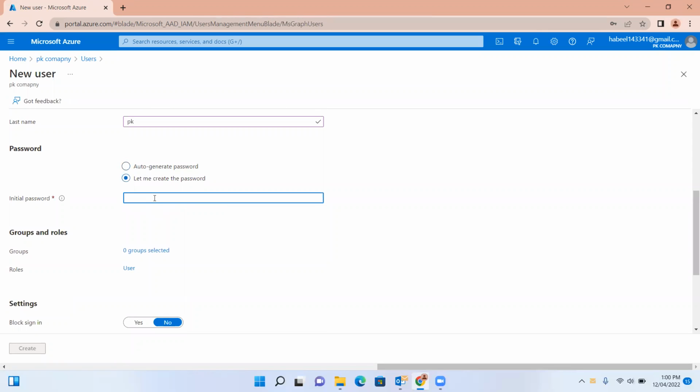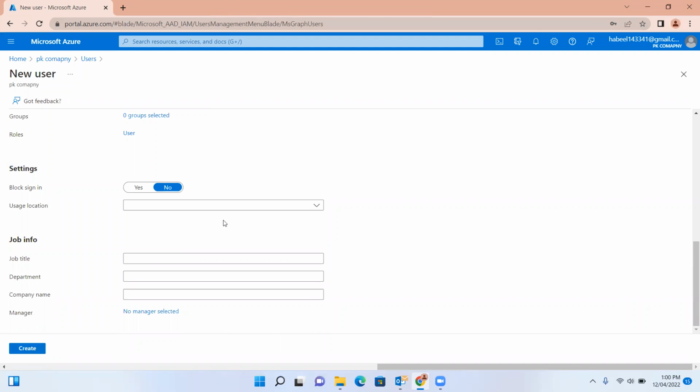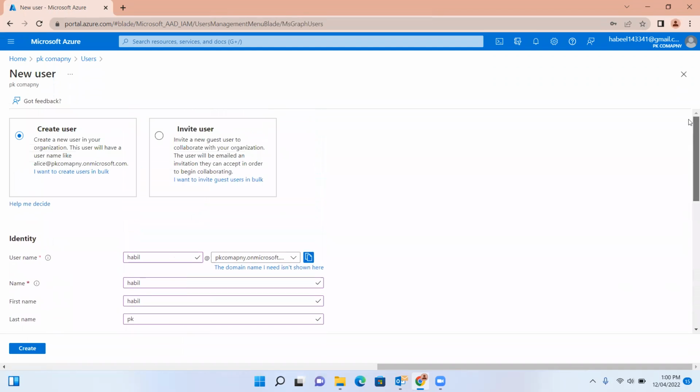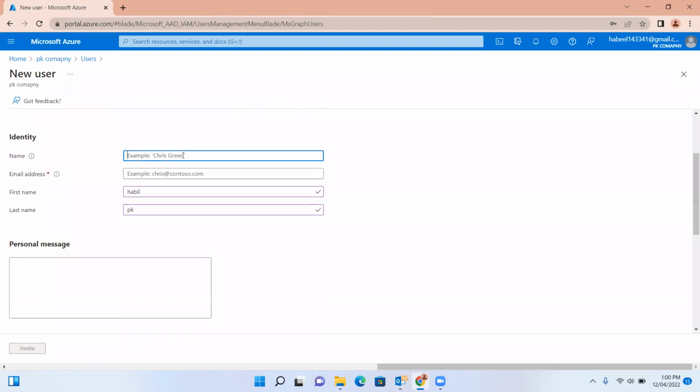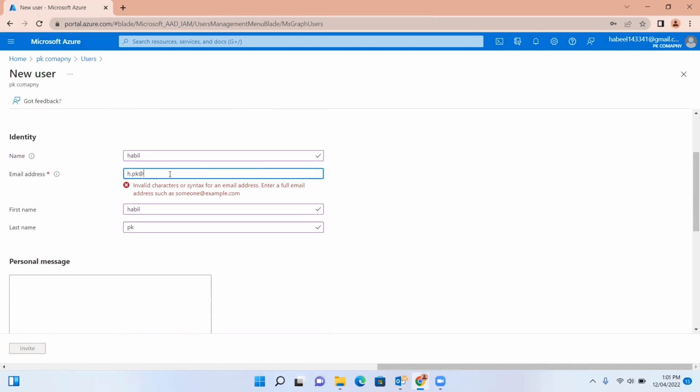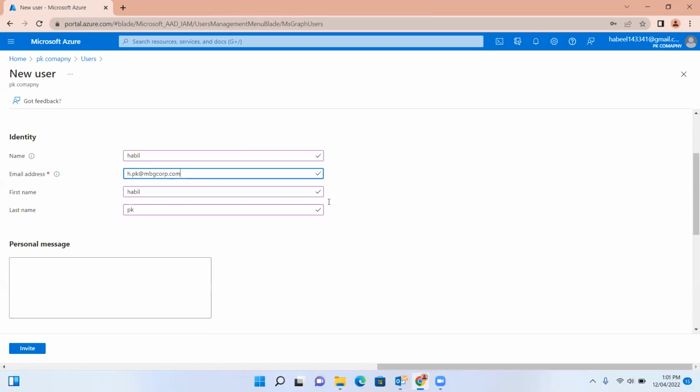Let me create the password. So it is going to create the user. Right now it is in the invite user option. I will give the name, mail ID h.pk@mbg.com. Name Habil PK. Then personal message, hi,